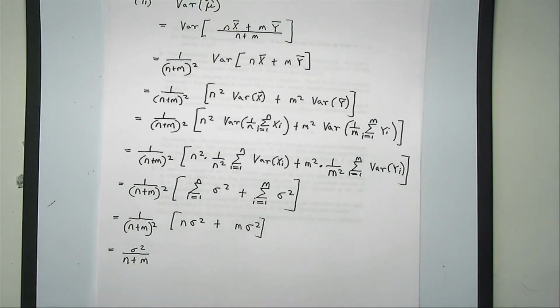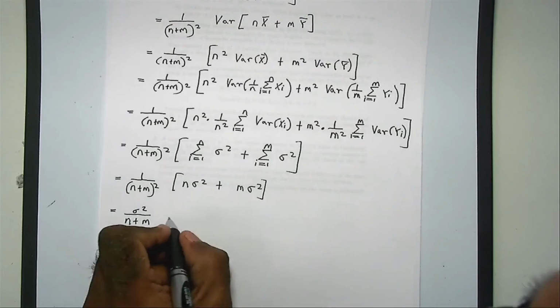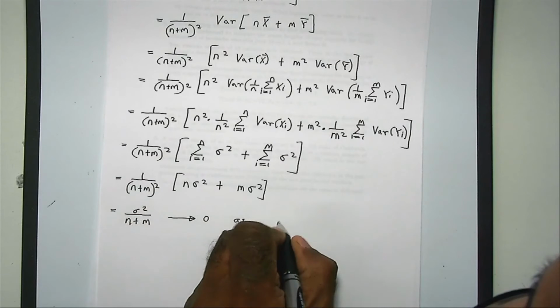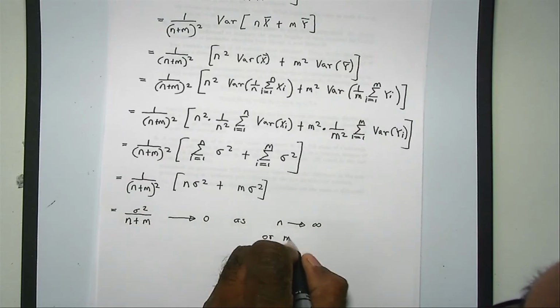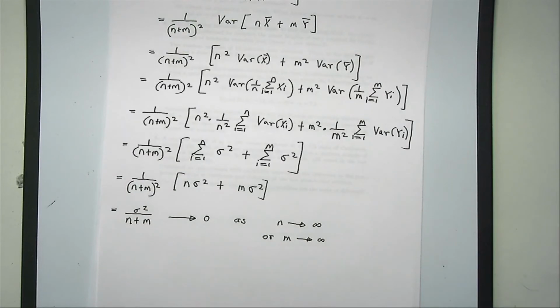Okay, now as n and m approach infinity, this clearly goes to 0. As n approaches infinity, or m approaches infinity, or both. Right? I mean, it's sufficient for one of the sample sizes to approach infinity for this to go to 0. Okay. All right. So this completes